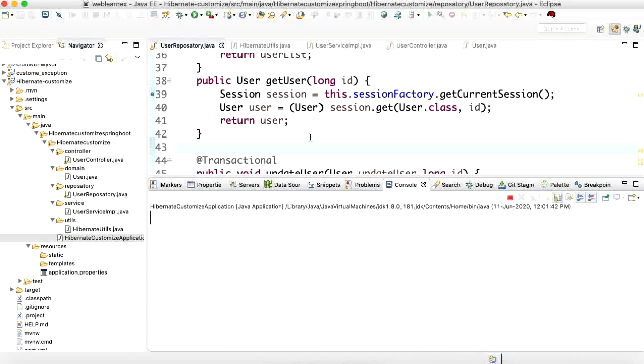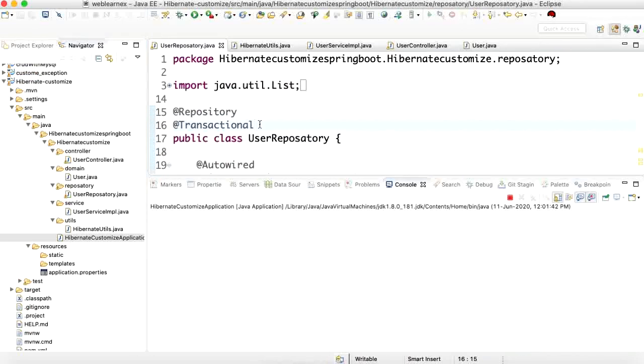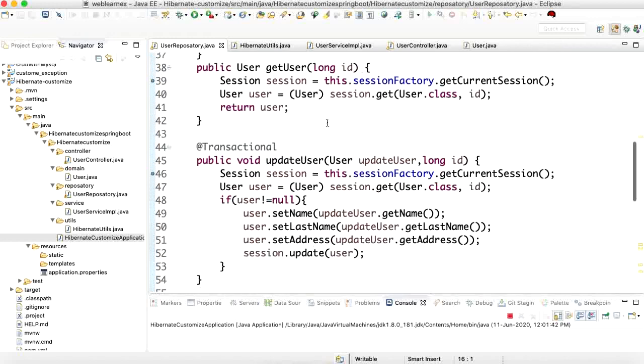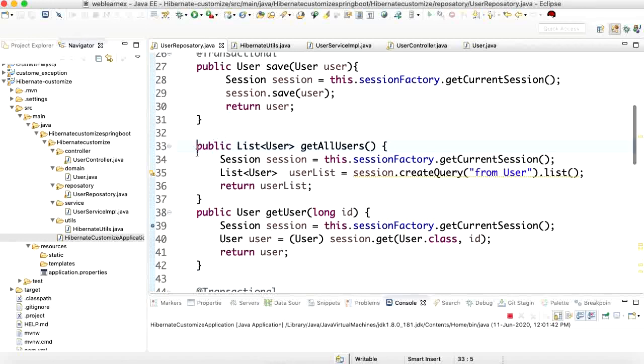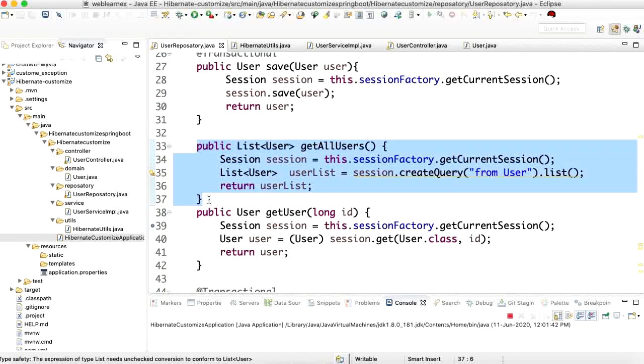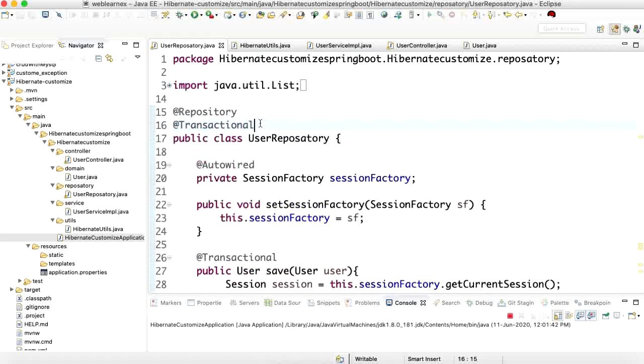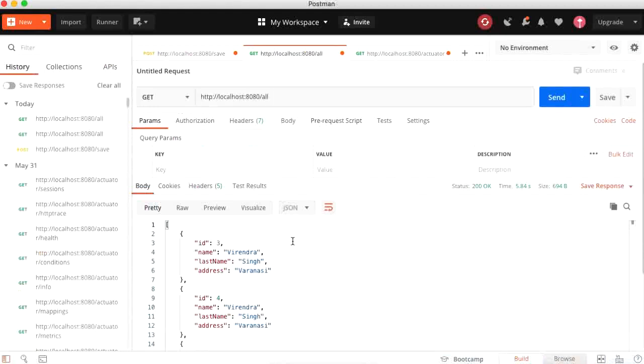The issue was related to the transaction. I had commented this one. So this is required for all types of transactions. For the get user all, the transaction is not synchronized. That's why it's getting an issue for this query. There are multiple records, so it's not synchronizing all the fired queries. That's why it's getting an exception. So I have added the transaction annotation on top of my user repository class. So you can observe here. Now I am able to get all the records.